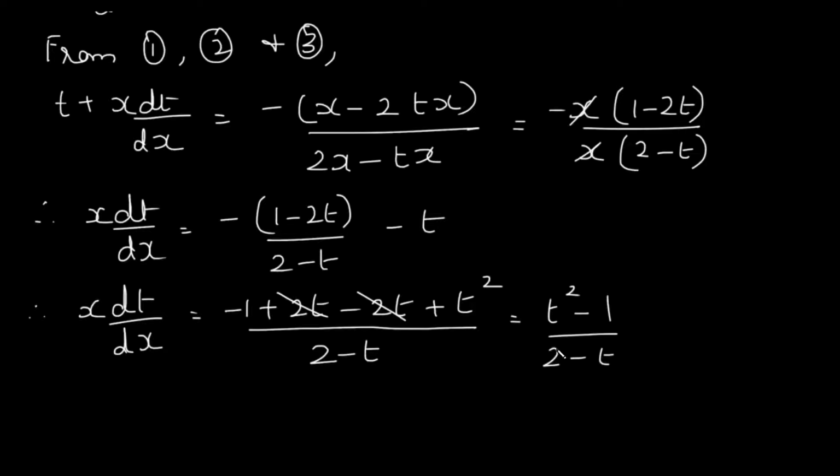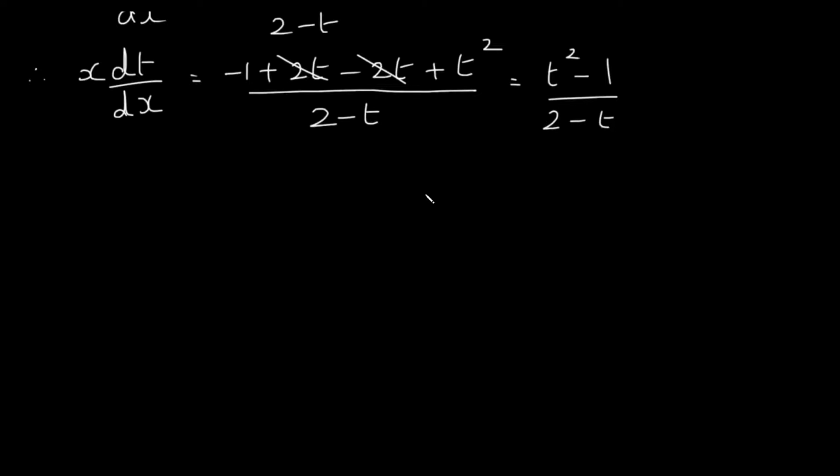Now just like we did in the previous sum, we are going to bring the t containing terms together, and the x and dx containing terms are going to the other side. So we are going to separate out the variables. So by that method now, 2 minus t and t square minus 1 come to the LHS. So they become the reciprocal. So therefore we get (2 minus t) dt upon (t square minus 1) is equal to, x of course goes to the RHS, and becomes dx upon x.